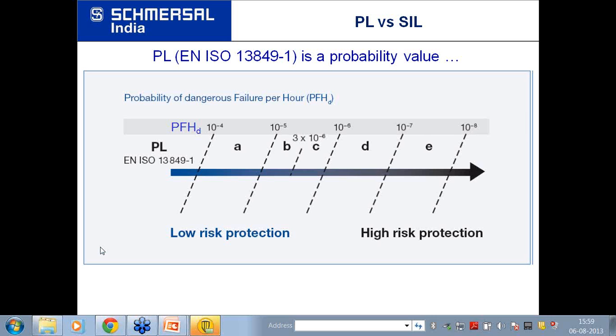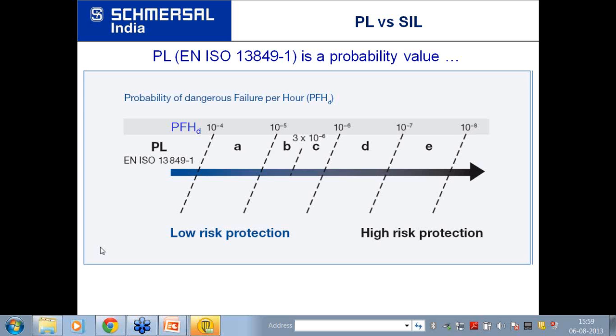Mr. Prabhakaran has asked a question: feedback from drive to PLC, what type of feedback? This feedback is whether the output contacts of the drive are stuck or not. Whenever the output contacts are enabled, the feedback should also get enabled. When the output contacts are disabled, the feedback should also get disabled.